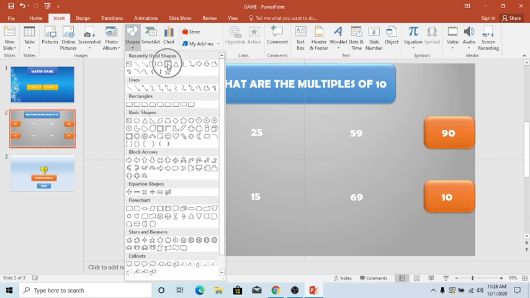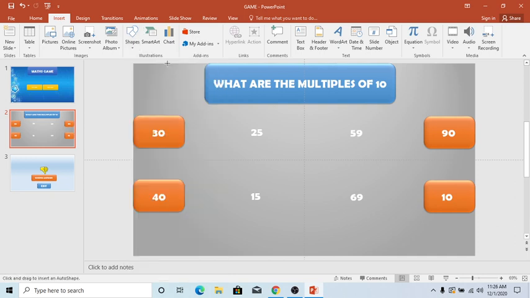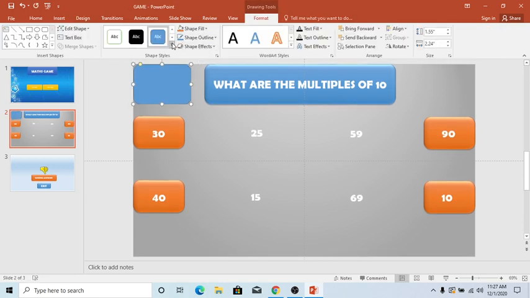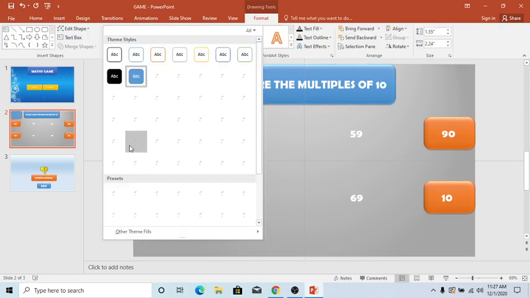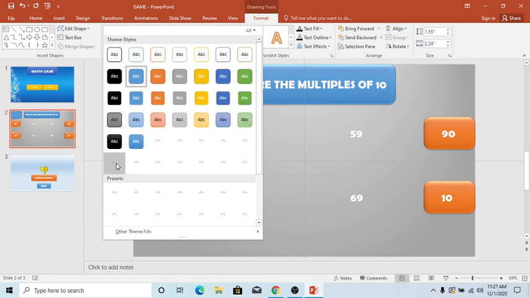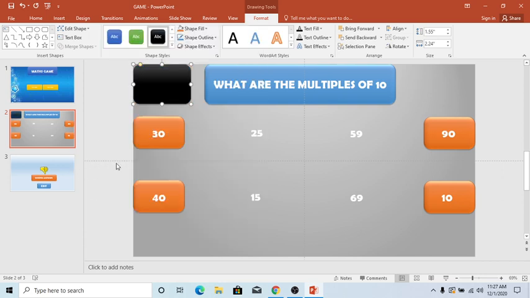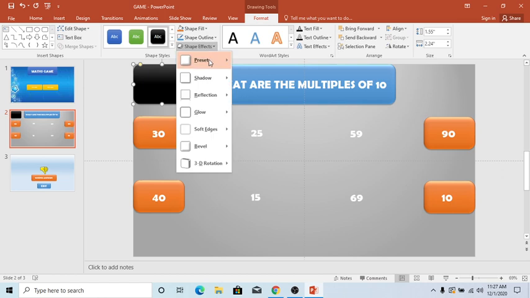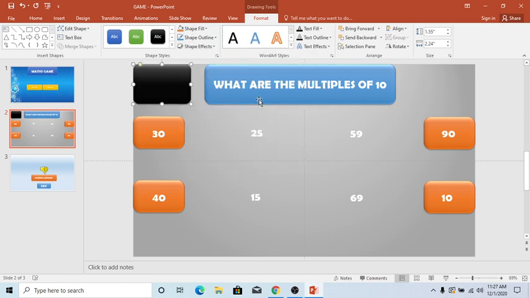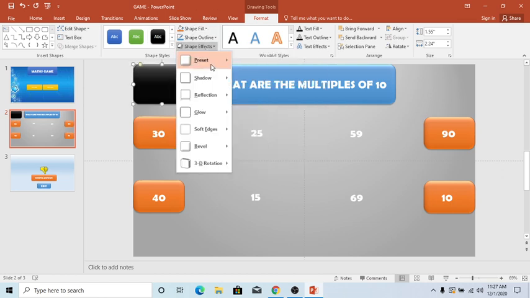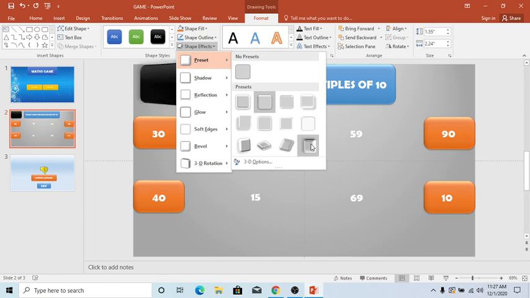So now we go to Shapes and insert the curved rectangular shape, and draw the shape. Then we go to Style and select a particular style. This black looks good. We go to Shape Effects, Preset, second option, and then again Preset.